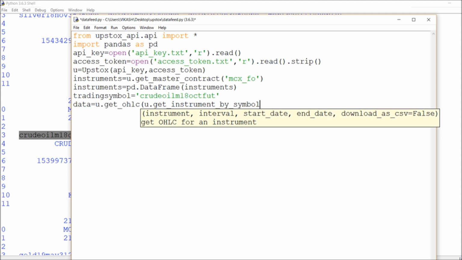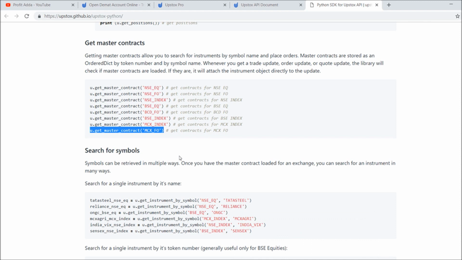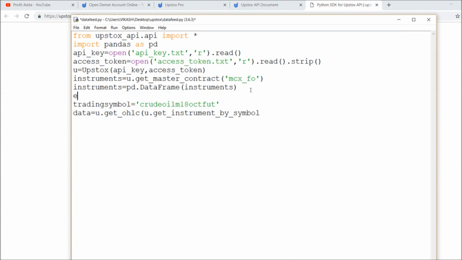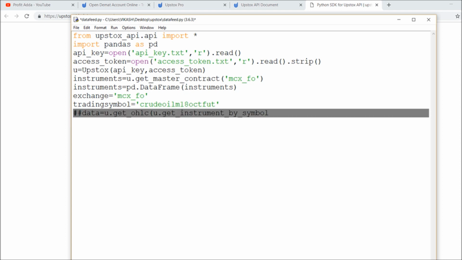Okay, one more thing I'm going to talk about is I want to find this data. If I'm giving this symbol, I can try from my side. So what I can do is set the exchange also, which I will say for MCX underscore FO. I will carry this further, but I need to